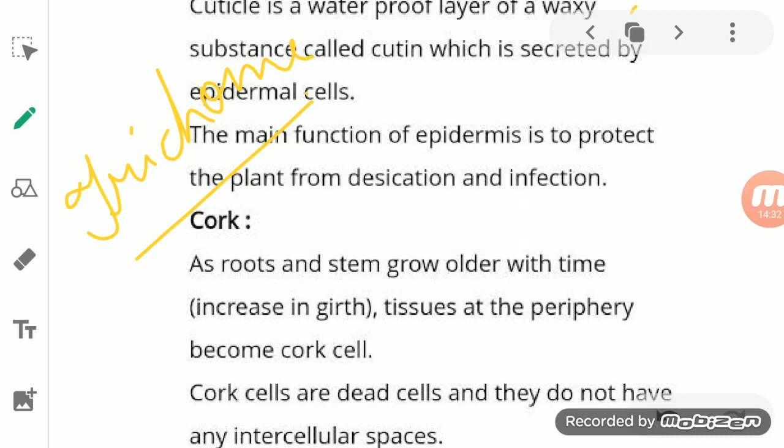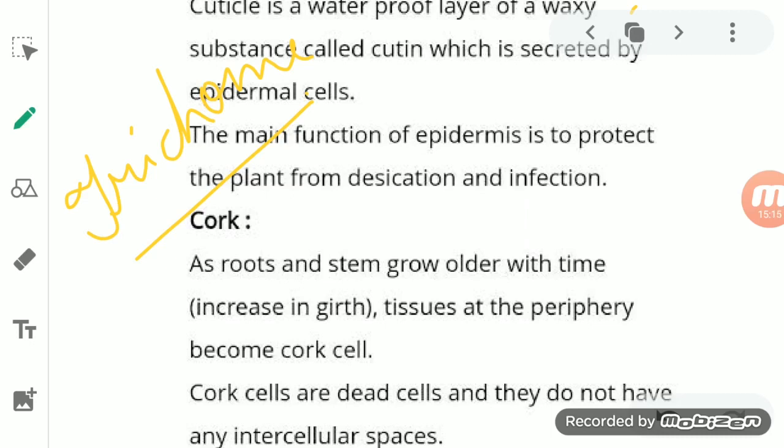In the case of root epidermis and shoot epidermis, the root epidermis is unicellular and the shoot is multicellular. The root hair comes from the epidermis. So we can say the first outgrowth is the hair, which comes from the root and the shoot. Root hairs go in search of water, so they are responsible for the absorption of water. The more root hair there is, the more absorption of water takes place, while the shoot hair is responsible for protection and prevents water loss.